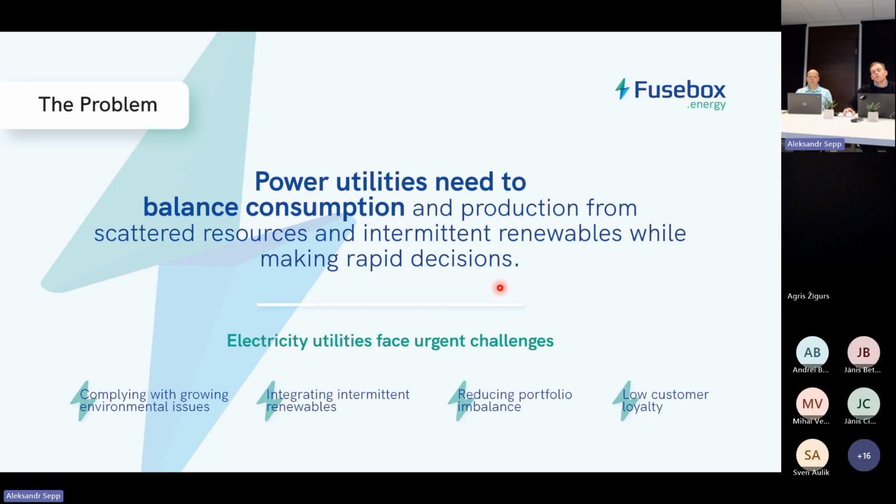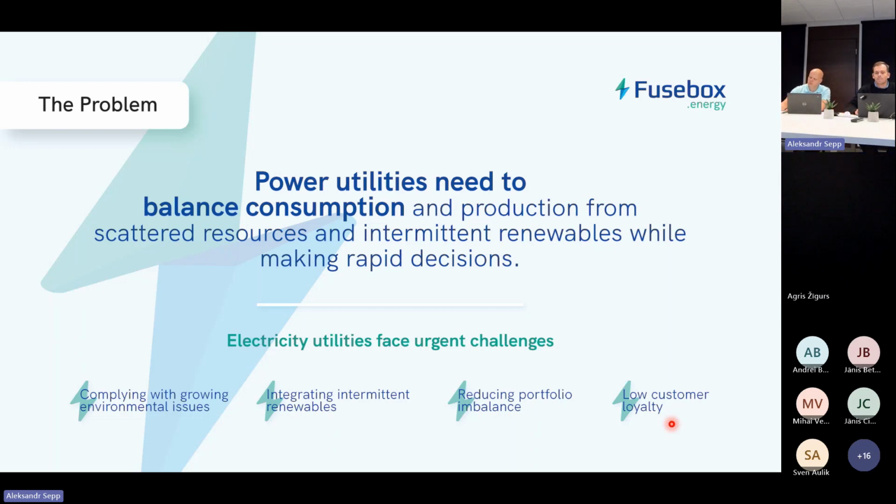That of course causes a big imbalance in the grid, and our main clients, energy utilities, are facing those problems and trying to solve them the old-fashioned way. I also need to mention that in some cases they are losing their customers, and everyone is always struggling to connect their customers to their portfolio